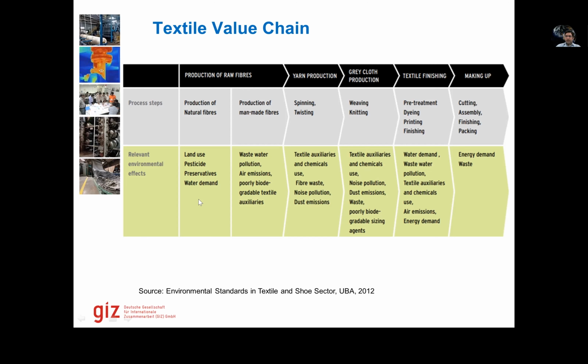of tractors there, and we need a lot of energy going in terms of diesel there as well. And then man-made fibers, these are purely industrial processes where we procure synthetic materials and then we convert them into fibers. There's a lot of wastewater there, pollution, air emissions, and these textile auxiliaries are not biodegradable as well. And then we have a lot of energy consumption here as well.